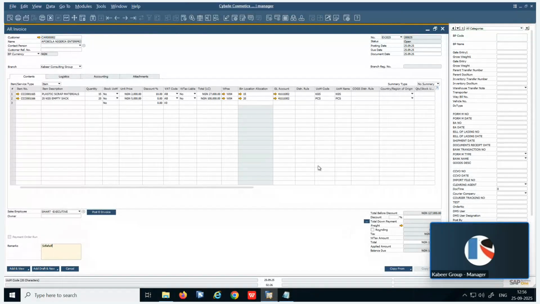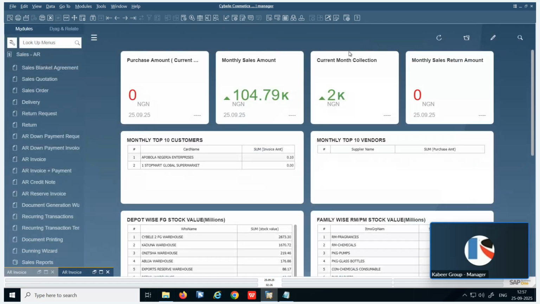Hello everyone, today we are here to showcase the E-Invoice add-on developed by Kabeer Consulting for the Nigeria location. First of all, I am going to brief you about what this add-on exactly does and what solution it provides us. As per the current guidelines of the Nigerian government,